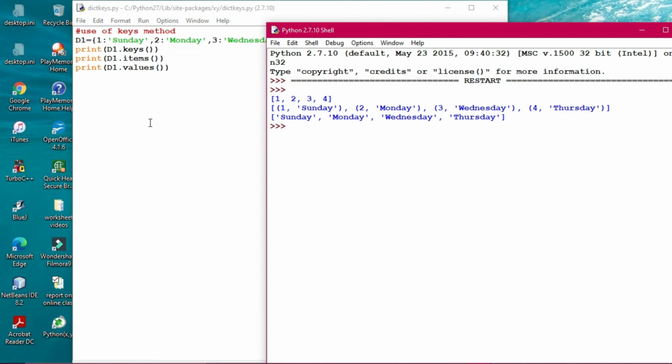Fine. So these are the different methods, keys, items and values, that we have seen today. That is the purpose and the functionality. All right, in the next class we will use some of its applications by using these particular commands. Then you will be able to understand its usage. Till then you apply these things in the practicals, and definitely implement it with different values and different dictionaries. You have seen the different dictionaries that I have taken while doing the practical demonstration, and similarly you will do the same. All right, thank you.